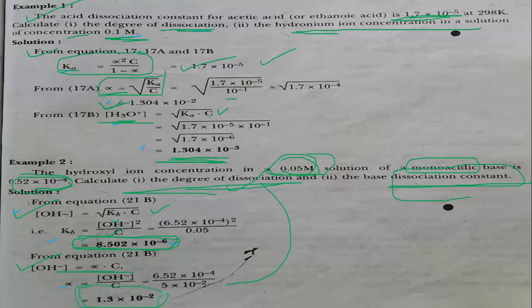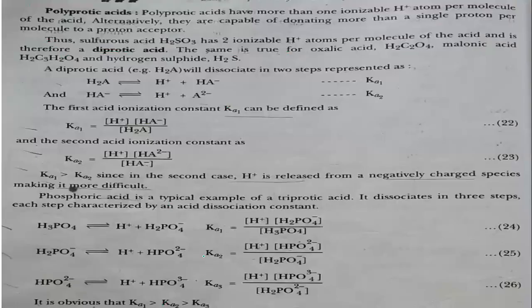It's not much complicated actually. By putting in the values and using the equations we have already learned, we can easily find any value. You can find Kb, Ka, OH minus ion concentration, H plus concentration, B plus concentration, or B concentration. You can find Kb, you can find alpha. You just have to look at the problem, write out what is given, and after that start to solve the problem.